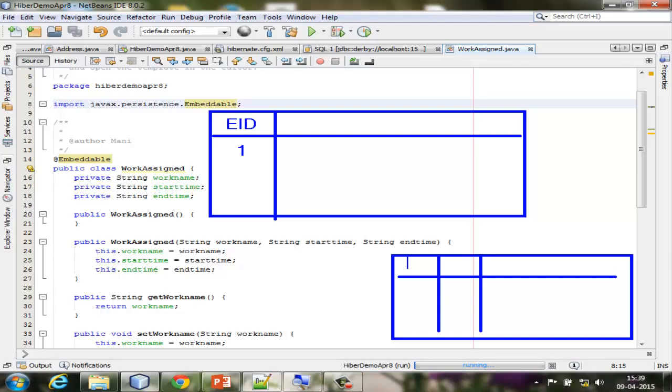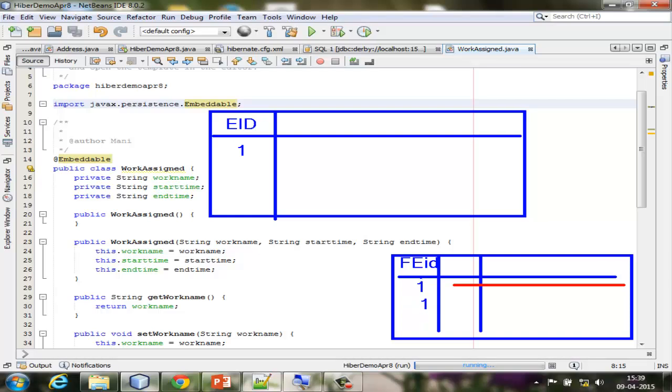So I'm going to create a foreign key for this employee ID, and then I'm going to link this one here, and I'm going to say this is the first job that is assigned to the employee. After that, again, I'm going to repeat